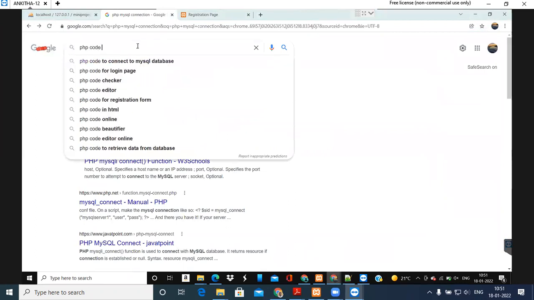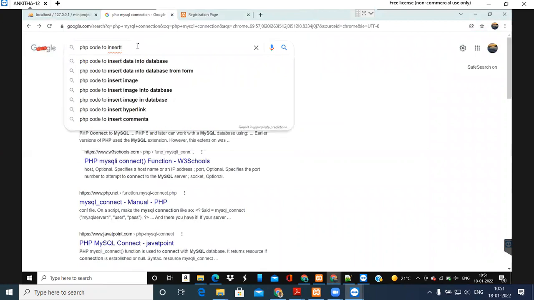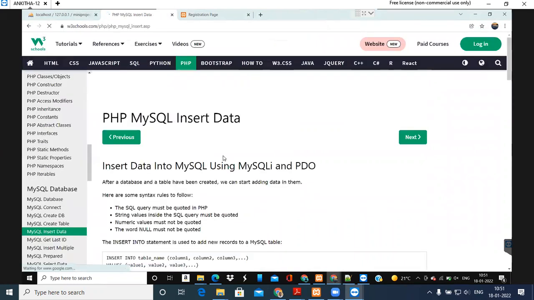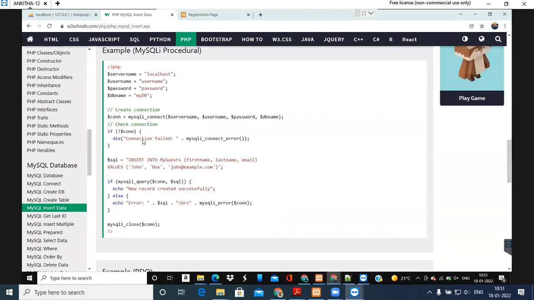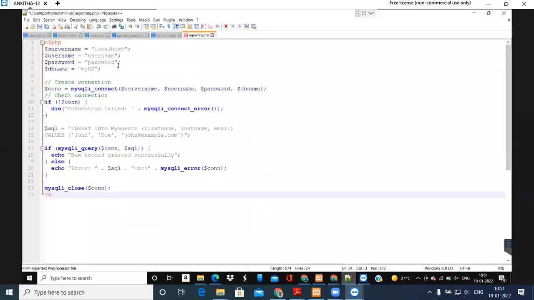Here you type code to insert data into database. Here you can see you get that result. Again you get the W3Schools, click on it, and here you get the code. Here you go to procedure oriented, don't change anything, copy all these things, the entire thing, and paste it here.